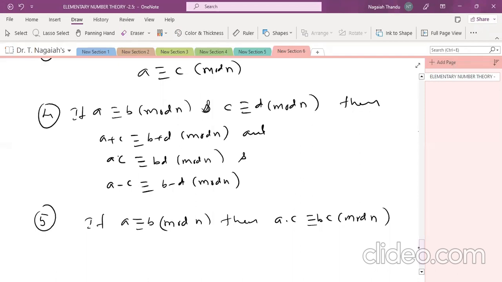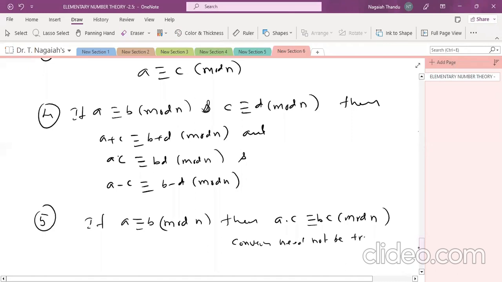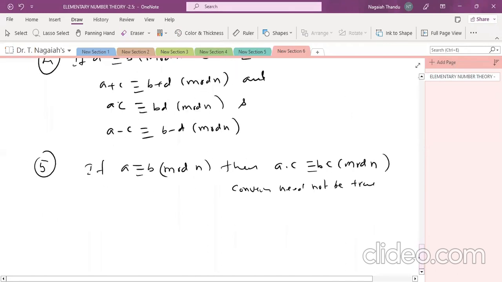The converse need not be true. The converse is not true. I will give you an example. I'm giving a counter example. Then the sixth property,